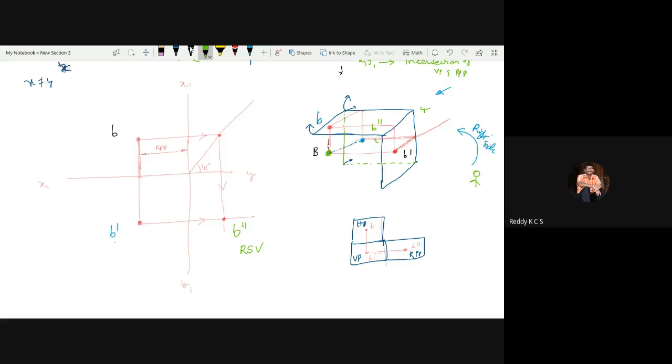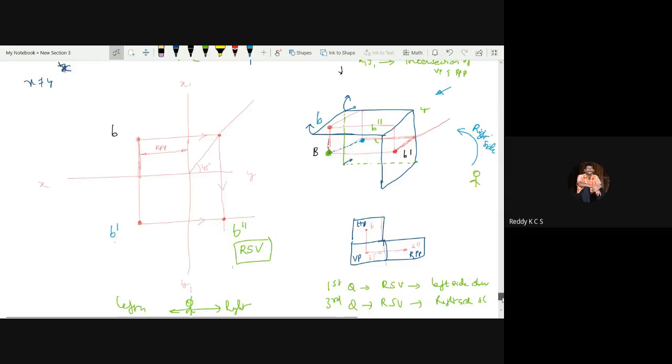If you observe the first quadrant and third quadrant, in the first quadrant the right side view is drawn on the left side of the observer. Whereas in the third quadrant, the right side view is drawn on the right side of the observer. See here is the observer. I'm viewing this drawing like this, so the right side of mine is this one, and the left side of mine is this one. So the right side view comes on the right side of the observer only, but in the first quadrant, the right side view comes on the left side of the observer.